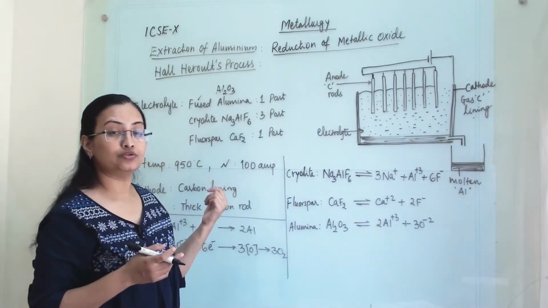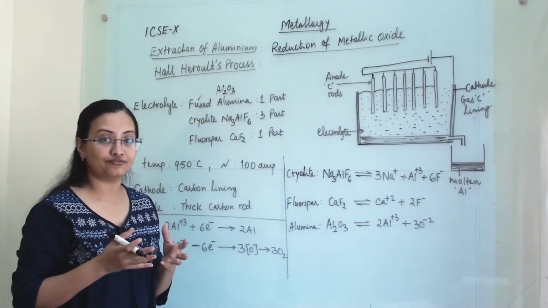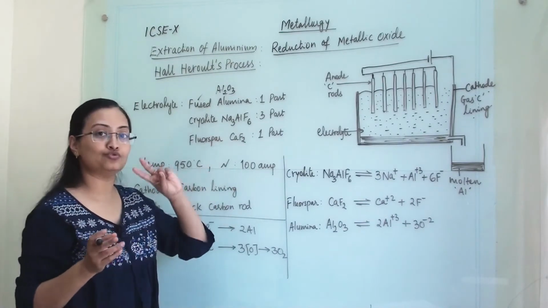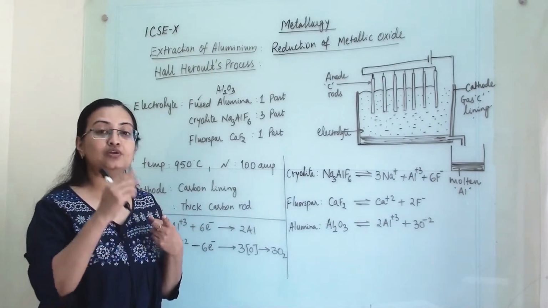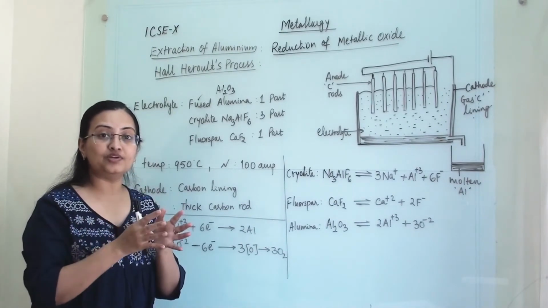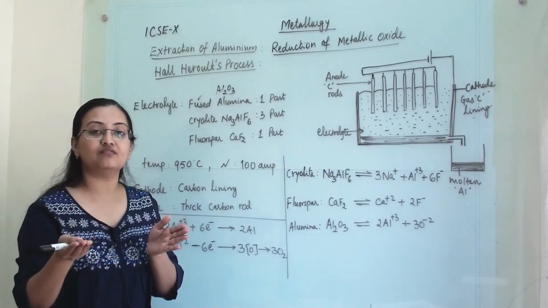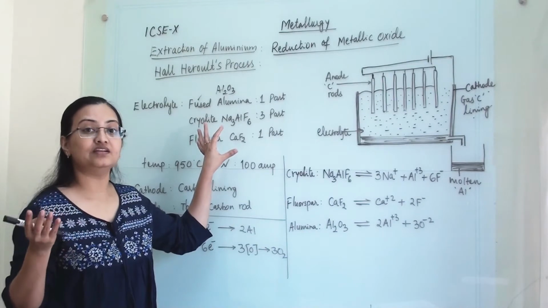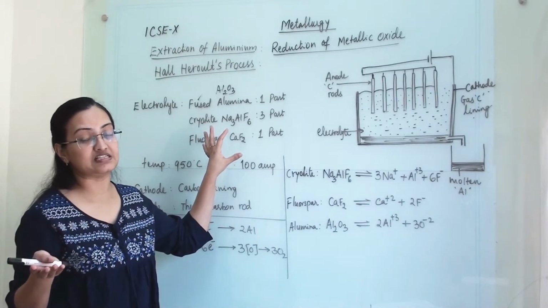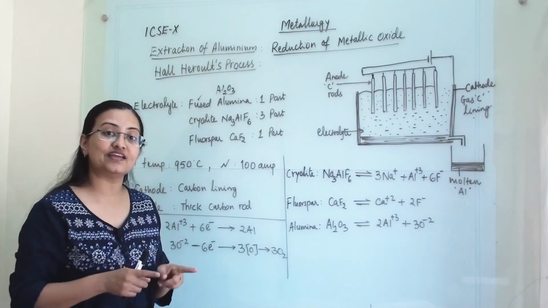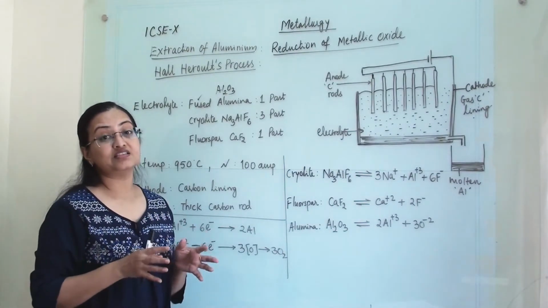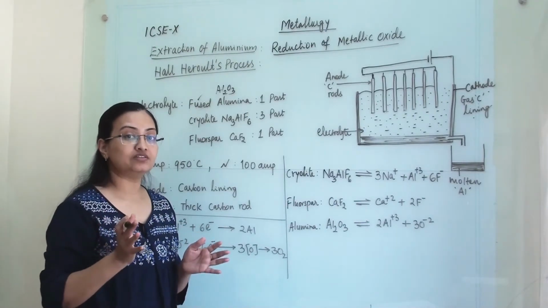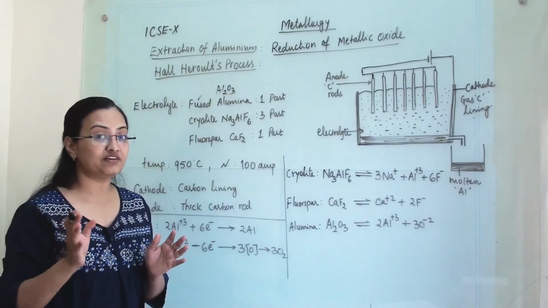Now why are we taking all those compounds? There are different benefits of this that we will discuss in detail when we are discussing reasons. Here I am telling you 2 main things. First, it will lower the temperature at which the alumina will become fused, or convert to the molten state. When we are adding this mixture, it will melt at a temperature of 950 degrees Celsius. So this is the first advantage, and the second advantage is it enhances the mobility of this fused mixture. We will discuss all these things in detail when we discuss the reasons.